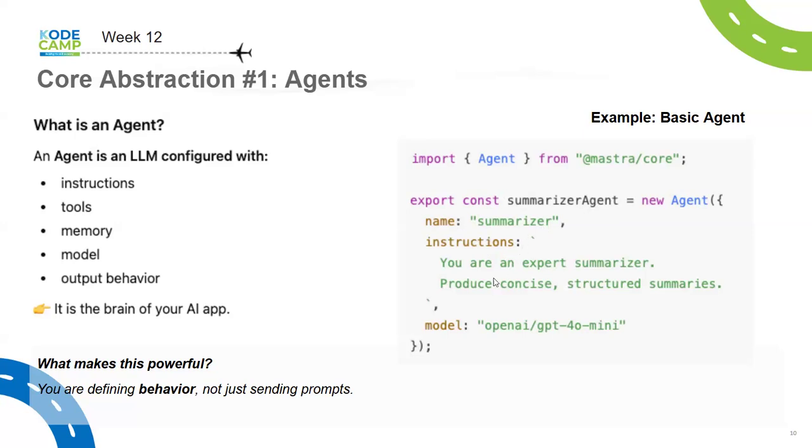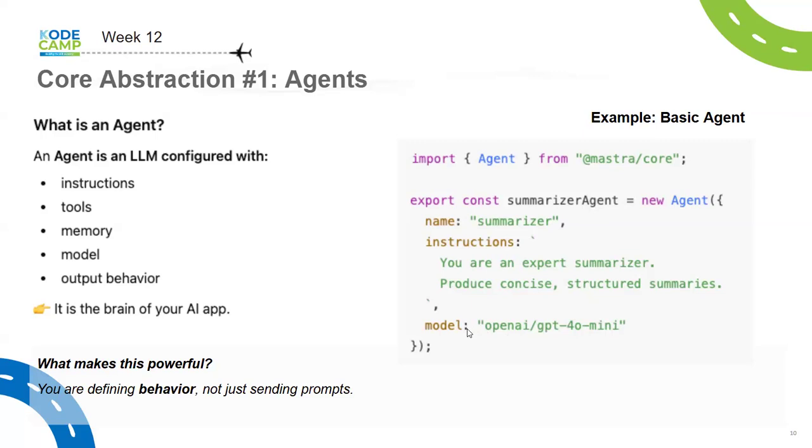Then instructions, like I said, is basically the instruction that the agent will work with. Others call it system prompt. Mastra calls it instructions. You can put in whatever, of any length. You can even import it from a saved or stored document. Then model, which is the actual LLM that you are pulling in.